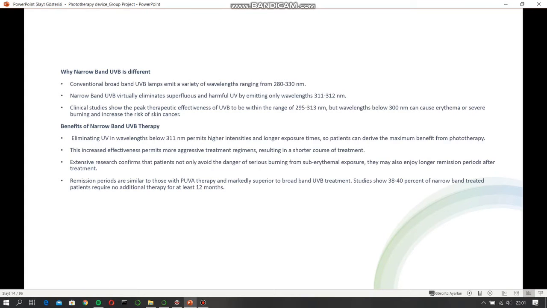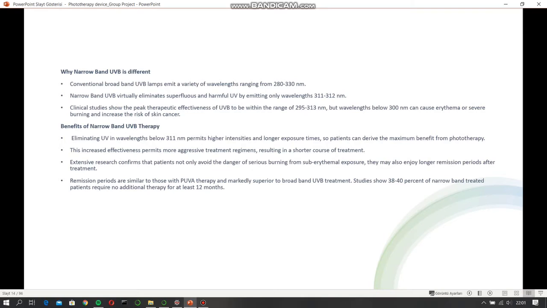Why is narrowband ultraviolet B different? Because the conventional broadband ultraviolet B lamps emit a variety of wavelengths ranging from 280 to 330 nanometers. Narrowband ultraviolet B virtually eliminates the superfluous and harmful ultraviolet by emitting on wavelengths 311 to 312 nanometers. The clinical studies show the peak therapeutic effectiveness of ultraviolet B within the range of 295 to 330 nanometers, but